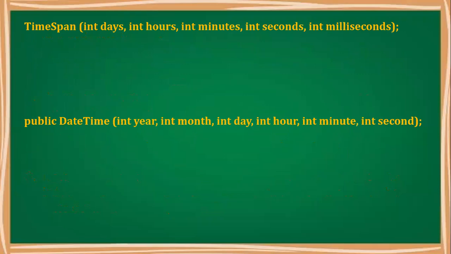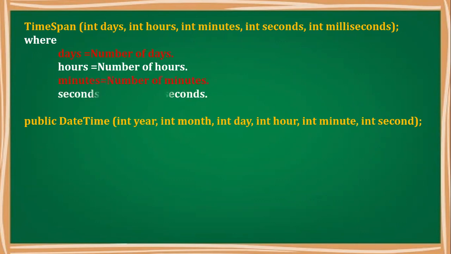So you can see at the top, time span accepts the first parameter, days, in integer format, the second integer is hours, all the integers are there. The third parameter is the minute, the fourth parameter is the second, and the fifth parameter is milliseconds. So you can express the time with days, hours, minutes, seconds, and milliseconds. Obviously, what I have explained is the same thing: days, number of hours, number of minutes, number of seconds, and number of milliseconds.